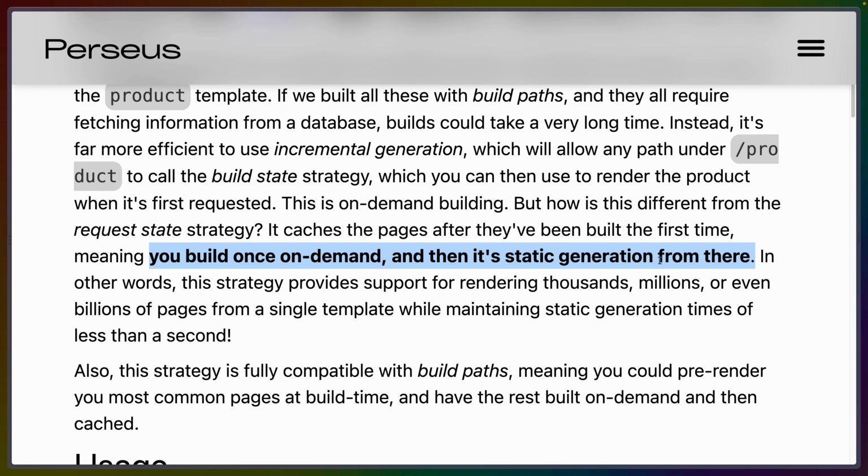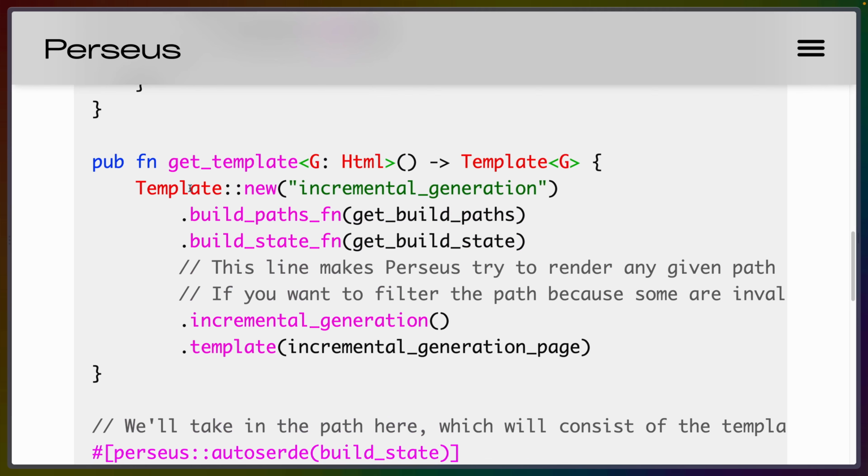So a solution to that is actually kicking the generation of the page off until somebody actually tries to request that page from the server. And that's what incremental generation is. You build the page on demand, and then it's there to be served as a static asset, waiting for the next request. So if we look at the template setup, we can see how this is built on top of